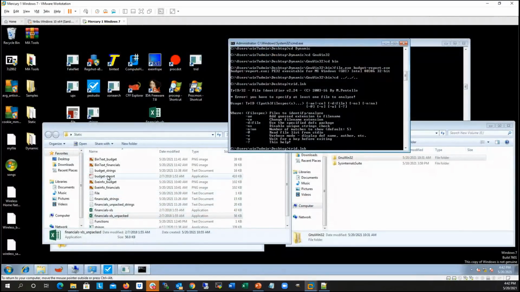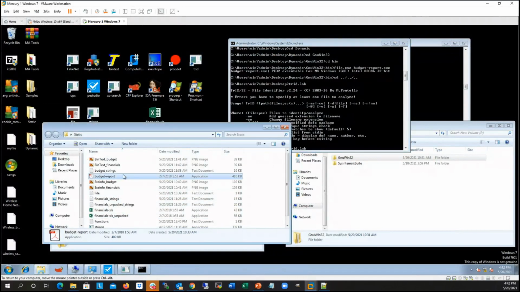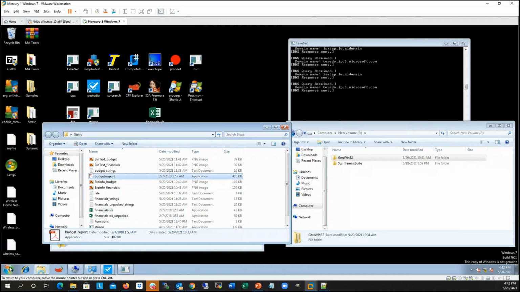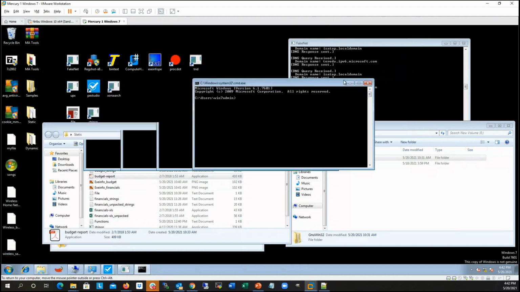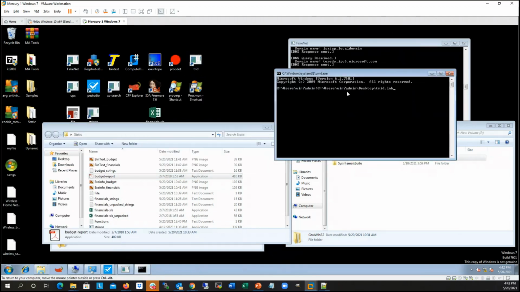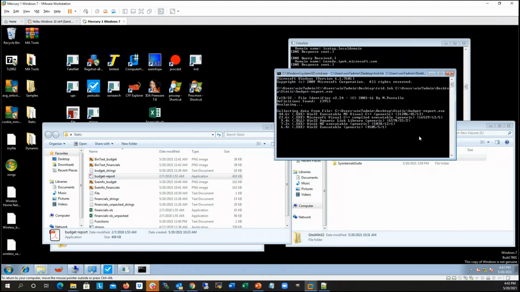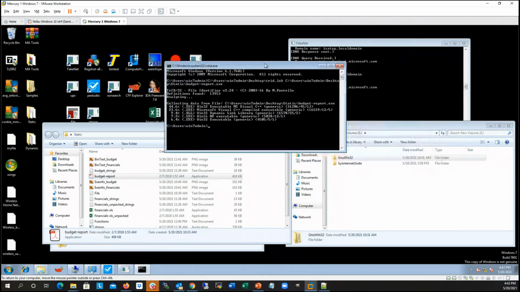So I'm gonna give it the first one, the budget report. Okay, this is causing trouble. Let me reopen it, CMD. Okay, thread. Okay. And then budget report. Okay. As you can see here, the budget report,